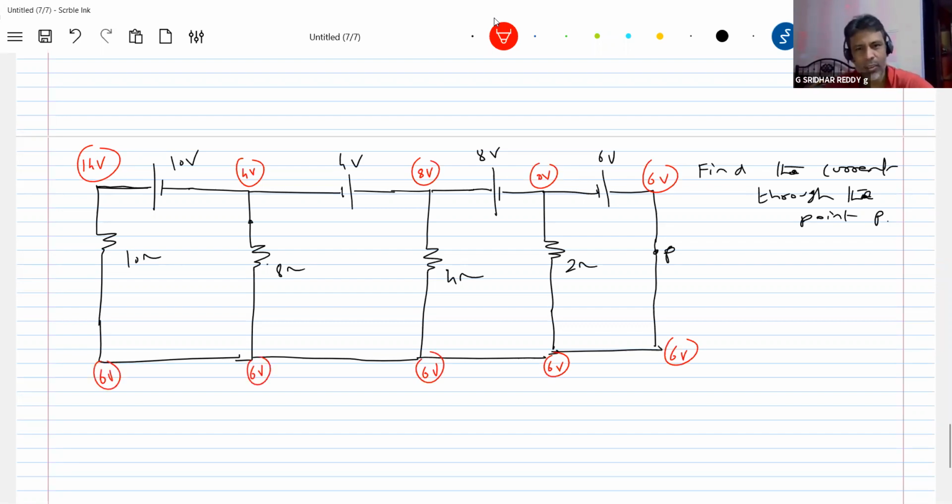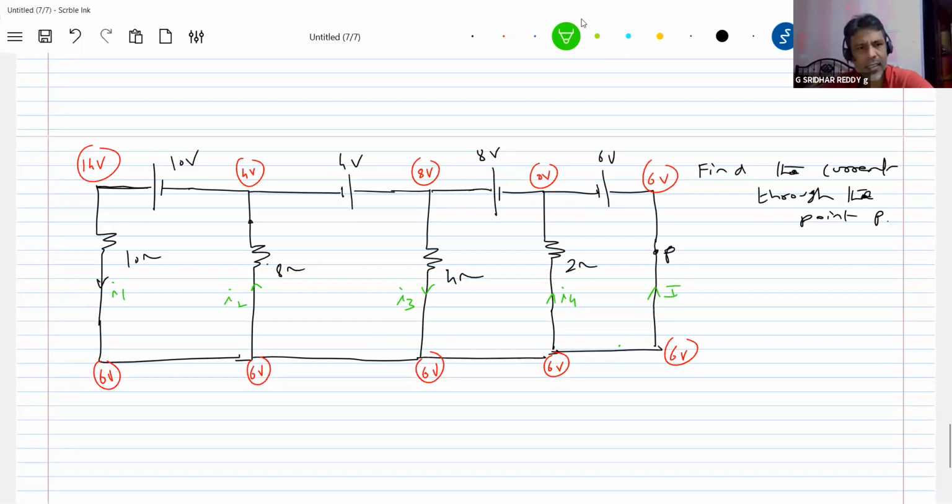Now look across all the resistors. Do you have a potential difference? As it is there, directly calculate. So what is the potential difference here now? This should be current I1, here I2, I3, this I4. Let the current here be I. Or it's better to apply KCL. Any method, you can just carry on.